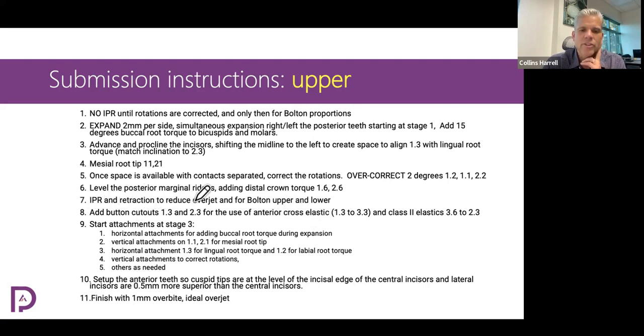IPR and retraction to reduce overjet for the Bolton discrepancy. Okay, so he's saying only give me IPR if there's problems with the overjet based on the Bolton discrepancy. He requested button cutouts, which we'll see in a minute here, on the upper canines and on the lower canines,